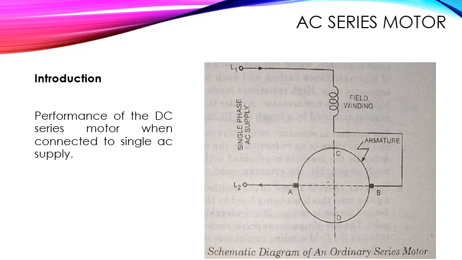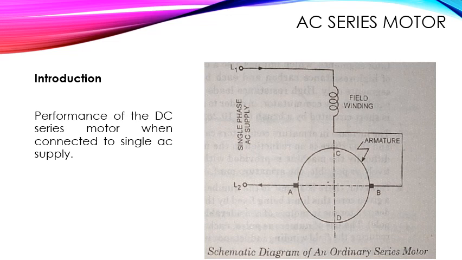Then second, the alternating field flux would induce eddy currents in the solid parts of the field structure, such as the yoke and cores, causing excessive heating and lowering of the efficiency. Then the third reason is,